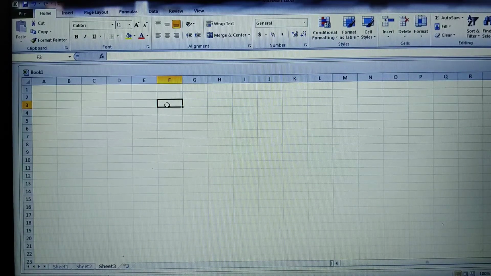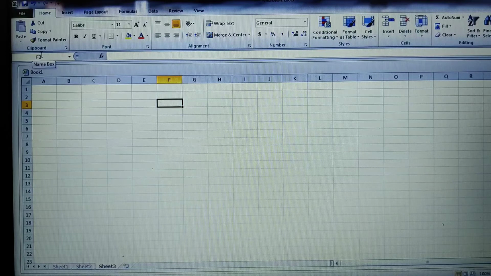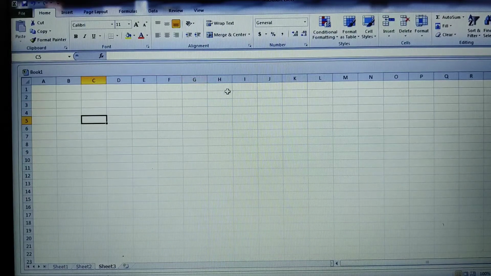Now this cell is F3. If you observe carefully, I am placing it at F3. Here also you can see the Name Box, which shows which active cell you are in. If I click onto this, what is the cell address? That is J1. Similarly here it is G2. I hope you are able to understand.